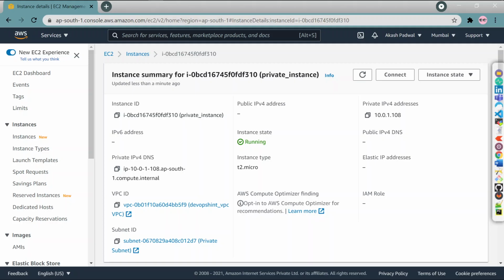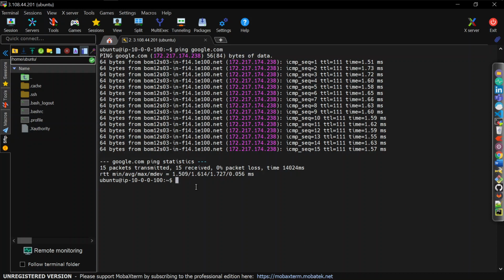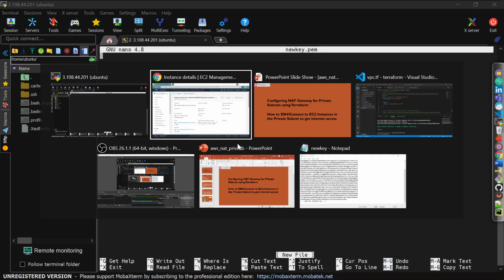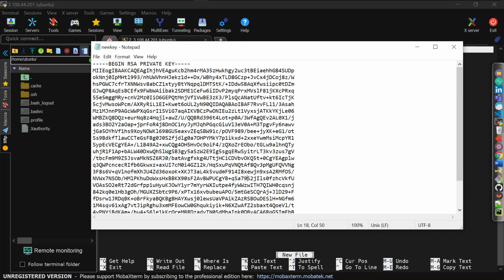Okay, so for that we have to add our SSH key in this machine. You got my point? We have to add our SSH key, which is new key. That new key.pem we have to add in this machine. So for that, simply create a file with sudo nano new key.pem, and here simply paste your key.